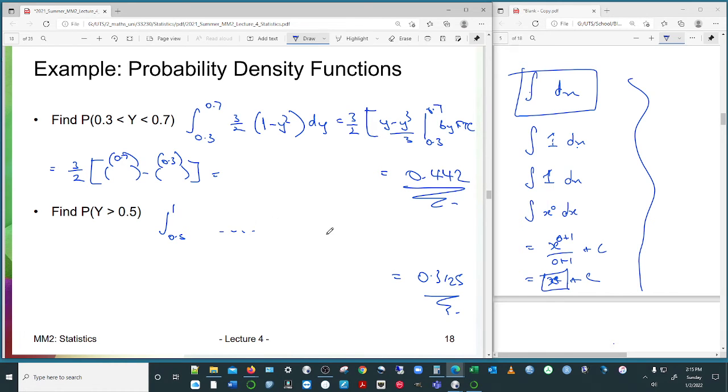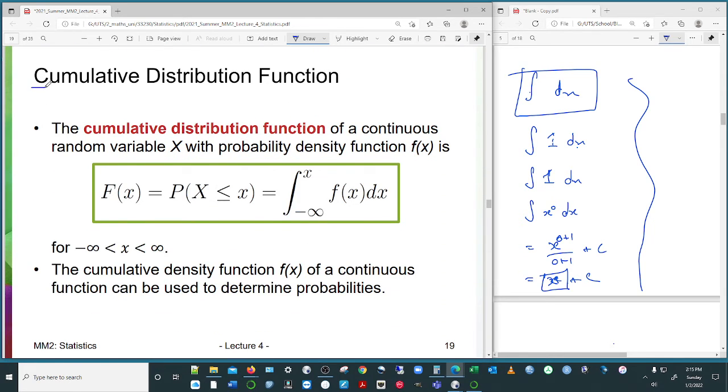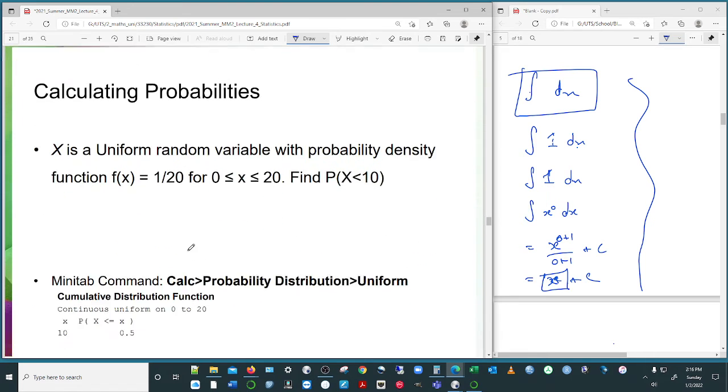Okay, so how does this change anything? Well, we've got our cumulative distribution function, our CDF. Okay, and there it is. There's our cumulative distribution function with the inequality pointing the way we want, and we've got a definition for that. The cumulative distribution function for a continuous function can be used to determine probabilities. And so there's our probability. Remember, we're looking at continuous random variables. So I won't go through all of that because that's your standard definition for the fundamental theorem. But let's think about how we might compute some values.